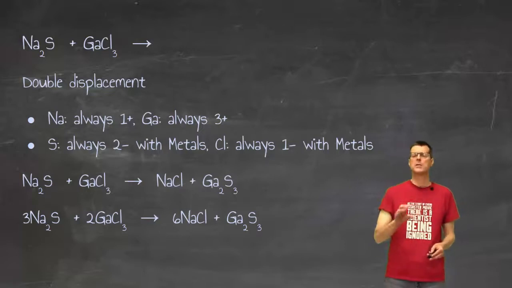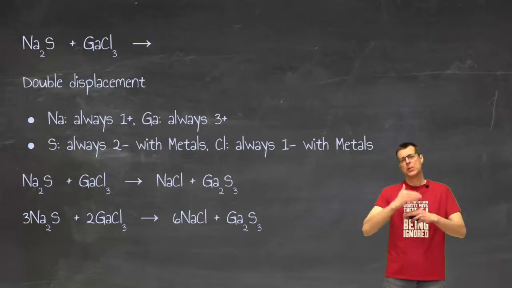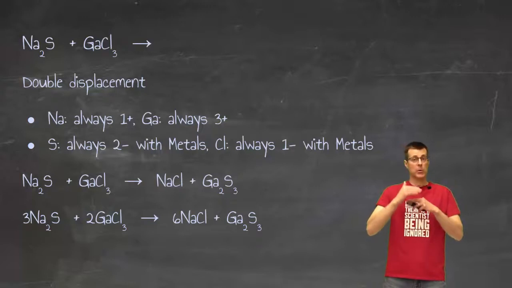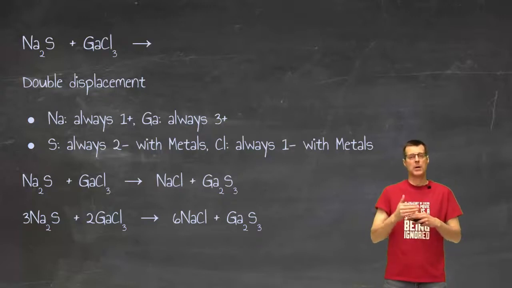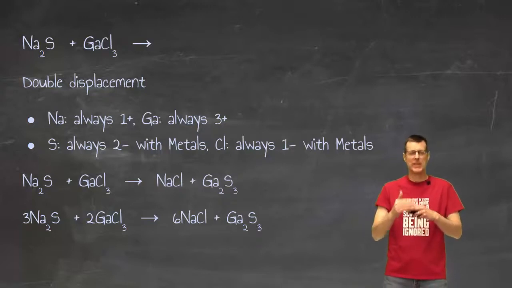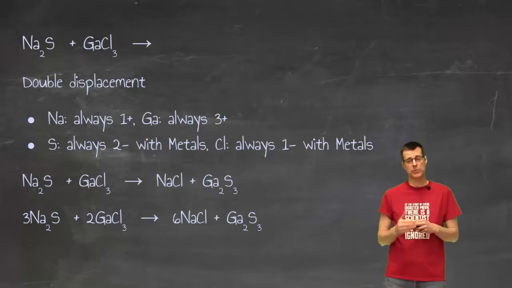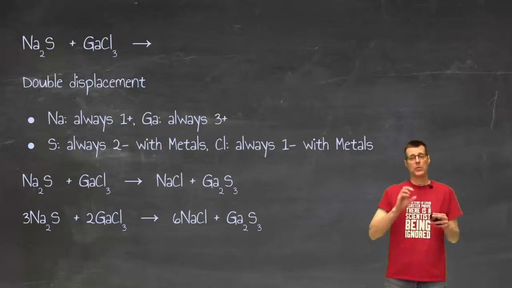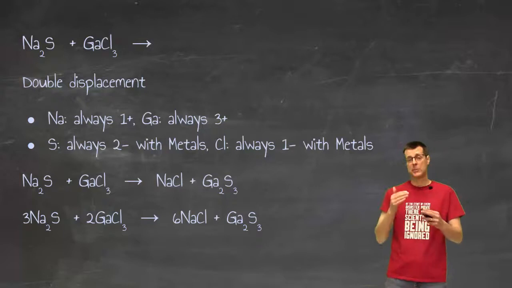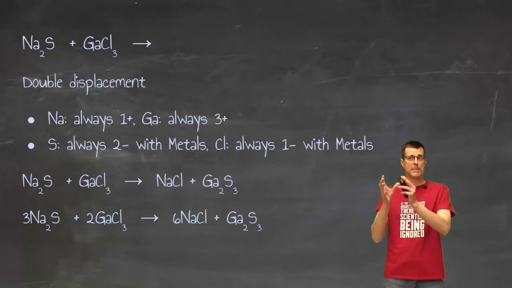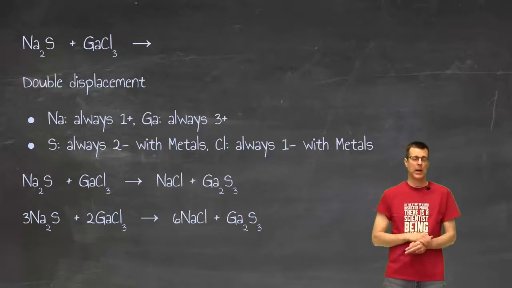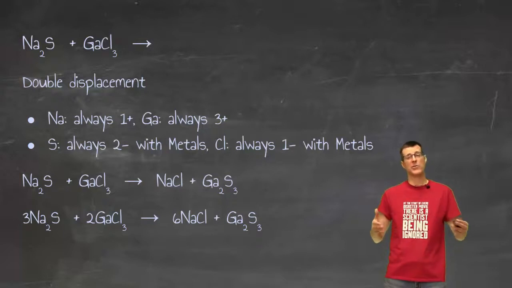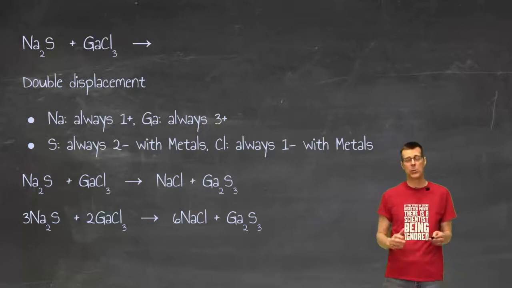Okay, I want to pause here for a second, because at this point where we are at in our nomenclature, there are a lot of compounds that we cannot easily do. We haven't done the nomenclature for them, but we can still do the predicting products if we know sort of a one look ahead at our nomenclature in terms of what the charges are going to be. As soon as I know the charges on something, I can do this or the single displacement one because I